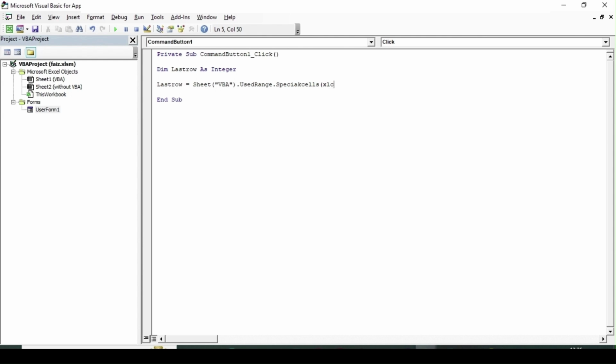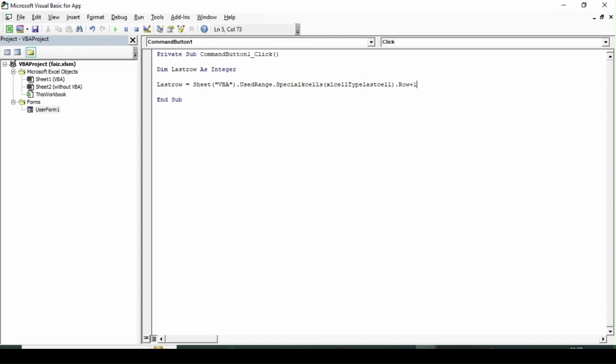Now Excel reads it as special, sorry, Excel cell type, xlCellTypeLastCell, bracket close, dot